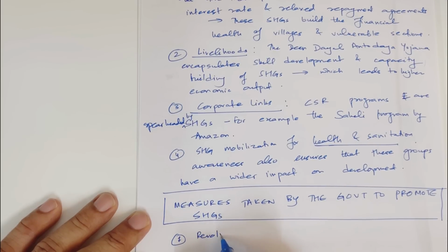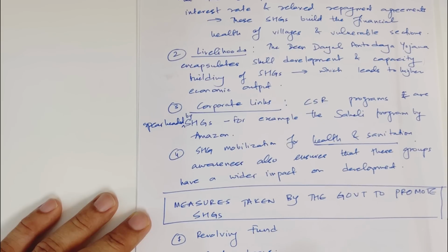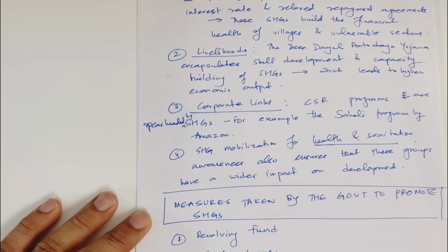Revolving fund, bank loans, government provides bank loans, then the bank linkage program, then you have grants by NABARD, skill upgradation and training sessions, Rashtriya Mahila Kosh